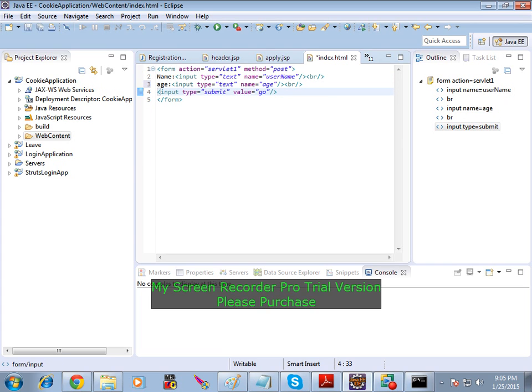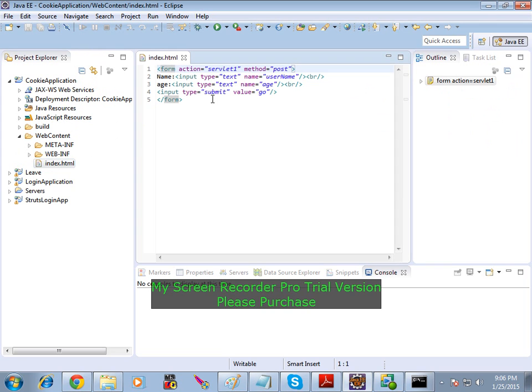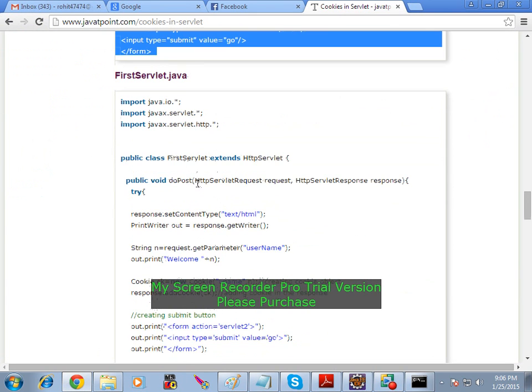You want to have more, same thing will be there, right? 1 or 2, how many you are taking, that will be same thing. Next, this is index.html, right? Index.html is completed. After that, servlet.